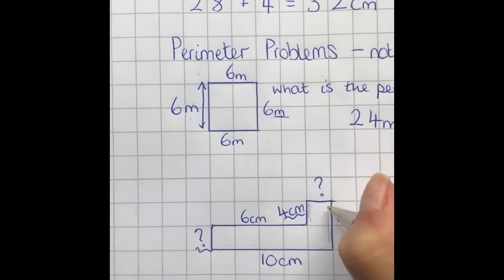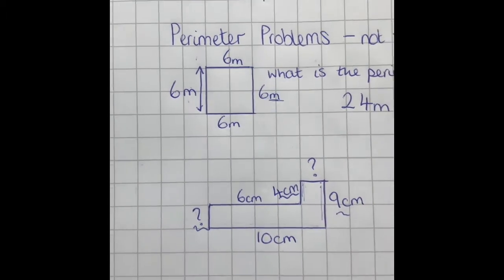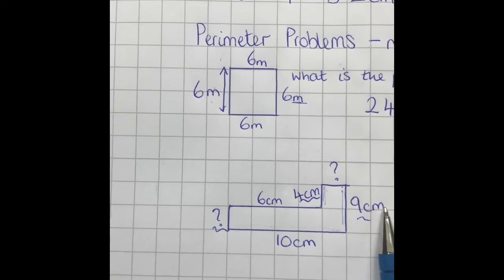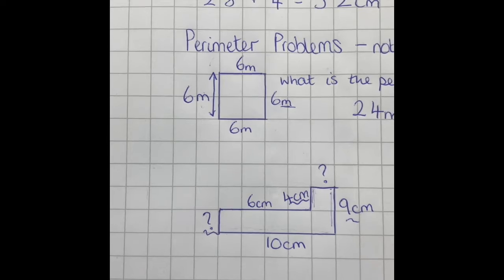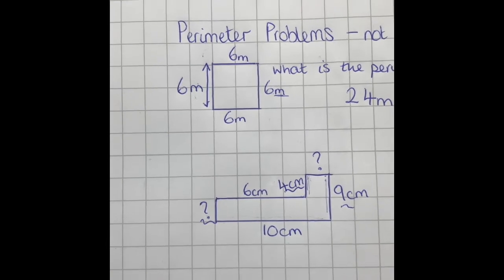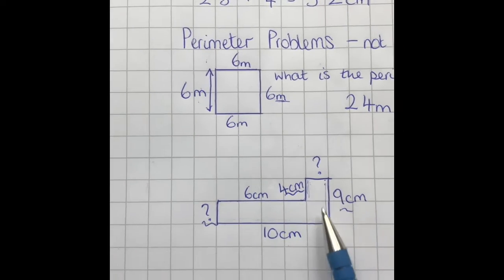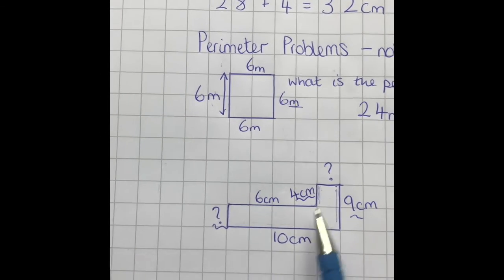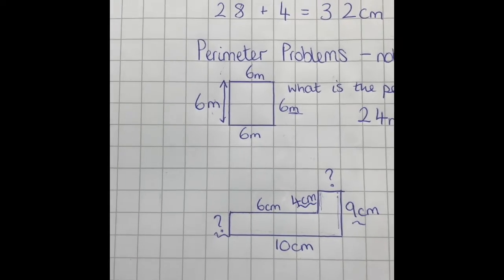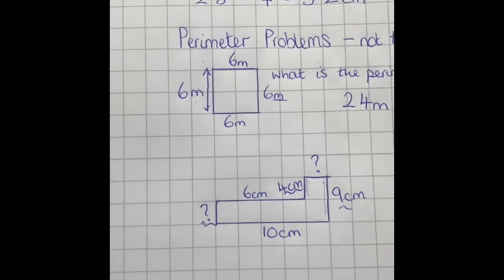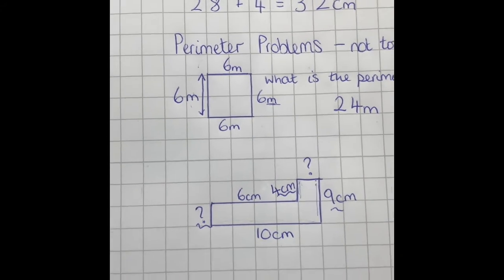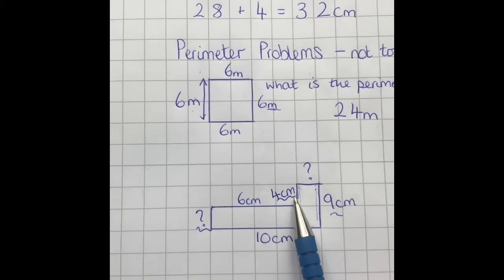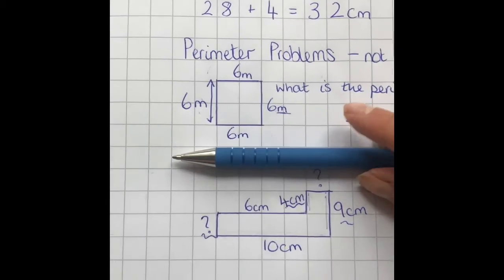And I have 9 centimeters. So I know I'm going to use my 4 and my 9 to work out my mystery length. Now, my 9 here, this length over here is definitely smaller than my 9. So I know I'm not going to be adding because that would give me a bigger number, so it wouldn't make sense. So what I'm going to do is my 9 take away my 4, because if I do 9